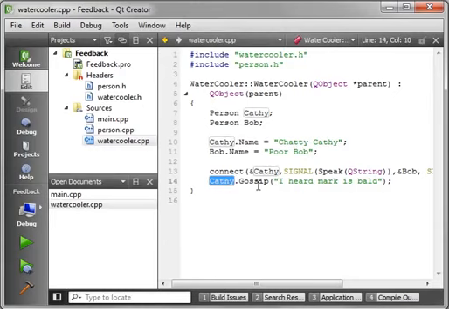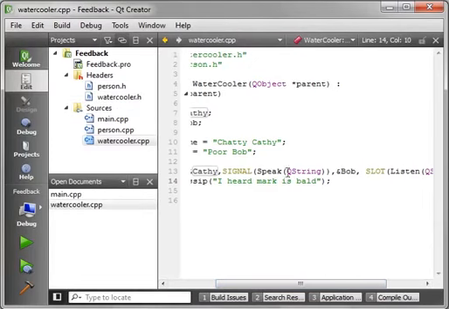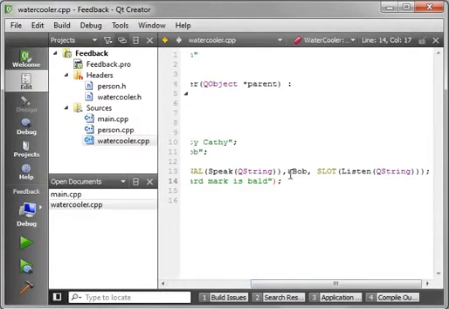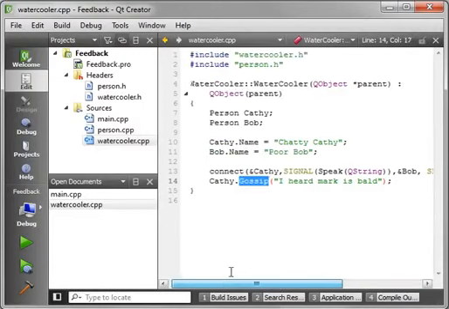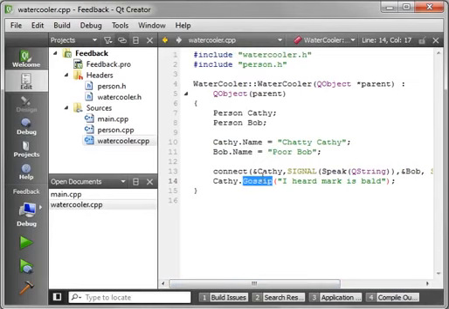Chatty Kathy says, I heard Mark is bald. Now, because we've connected these signals and slots, the signal being speak, which is called during gossip, Bob's going to consume that signal. So when Kathy emits the speak signal, any class connected is going to also receive that. And let's just do that. And let's just say